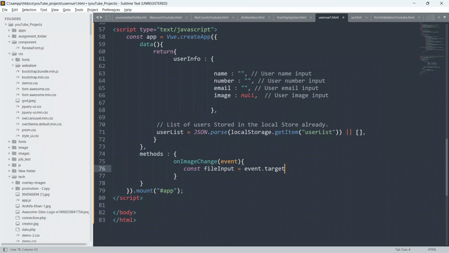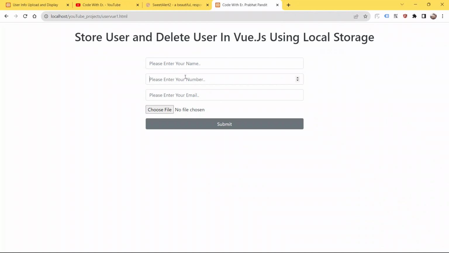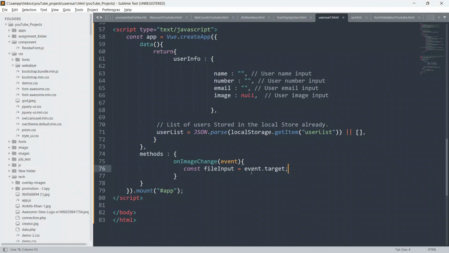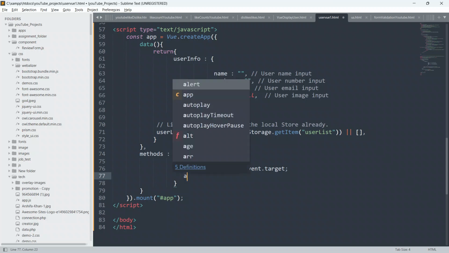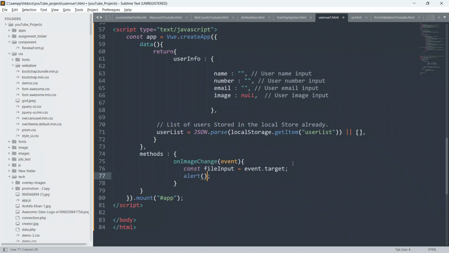Guys, event dot target means whenever you are hitting here or here, you will be able to grab that node, or that HTML element. Let me just alert it, let's see if this works or not, just to give you an example.